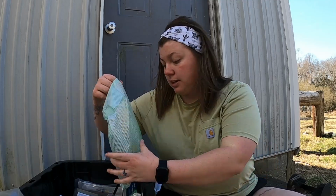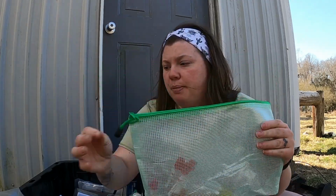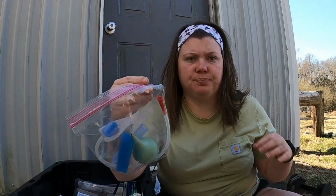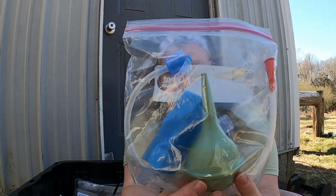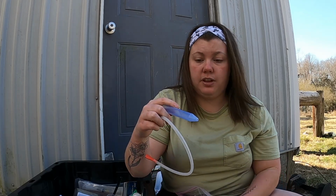One way I like to try to keep my kidding kit and even my goat supplies clean or organized is reusable bags and Ziploc bags. So this is something that's going to go in the kidding kit. Bulb syringe like you get from the hospital, but also what I have discovered I like better is one of the